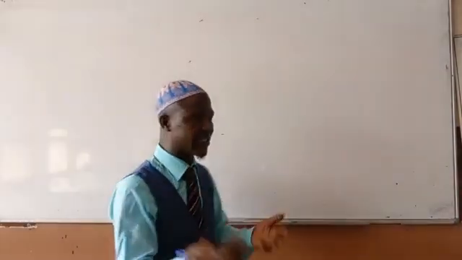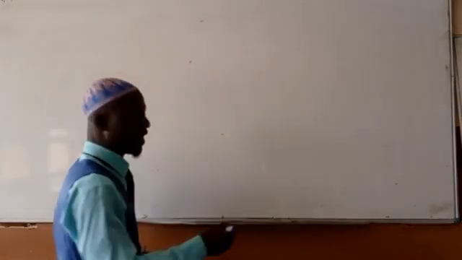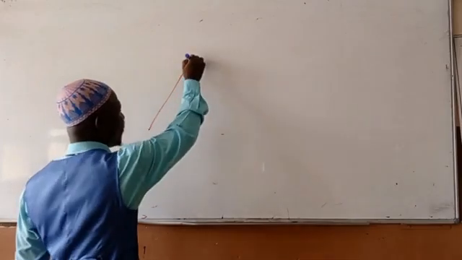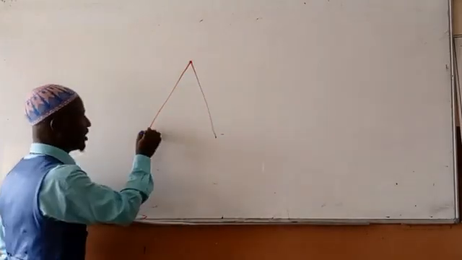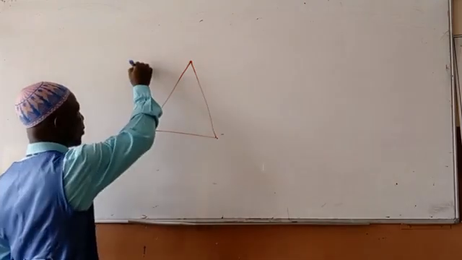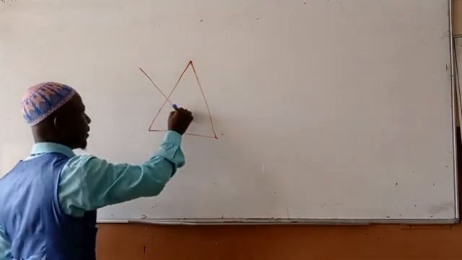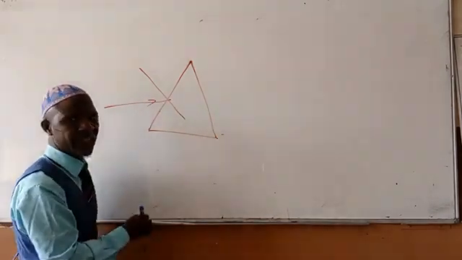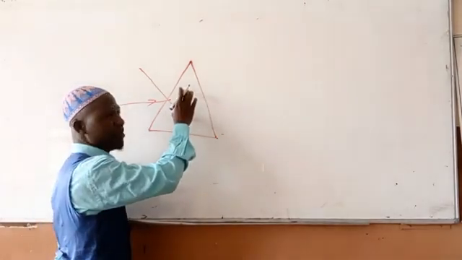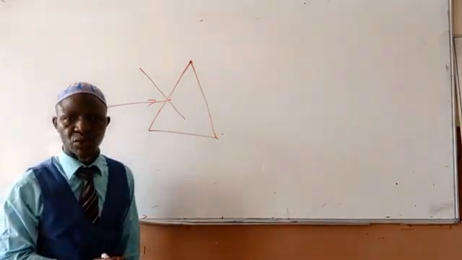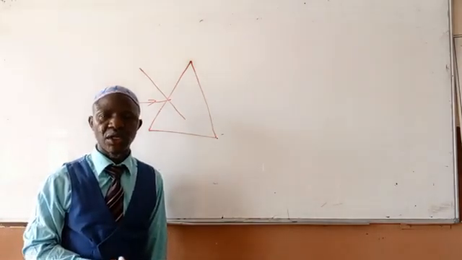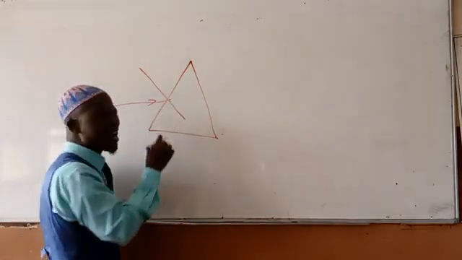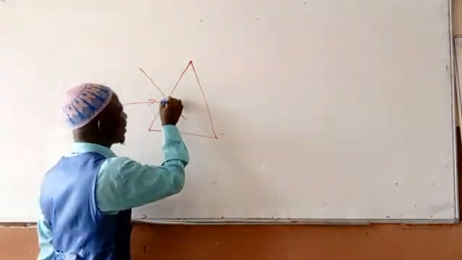And to do that, like I said, it's very simple. Just allow it to pass through a triangular prism like this. You have your triangular prism like this. So don't forget to draw your normal. When the ray of light strikes this surface, this triangular prism will separate it into its constituent colors due to what? Their difference in speed.